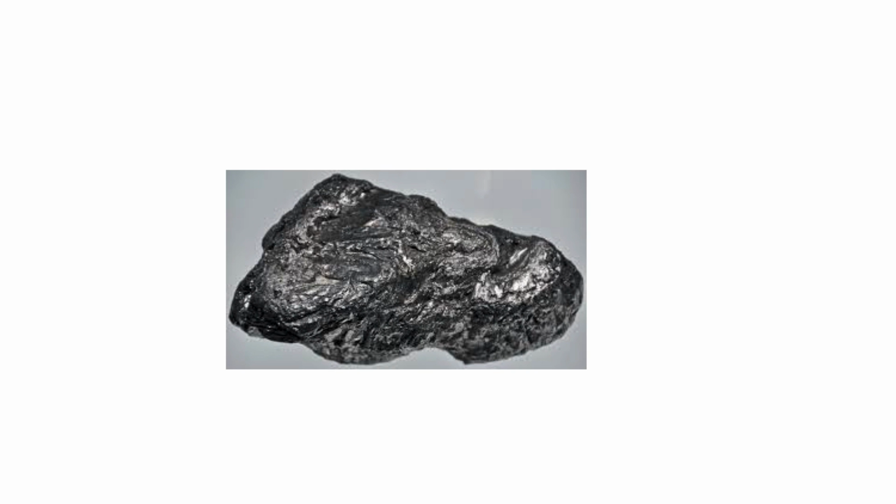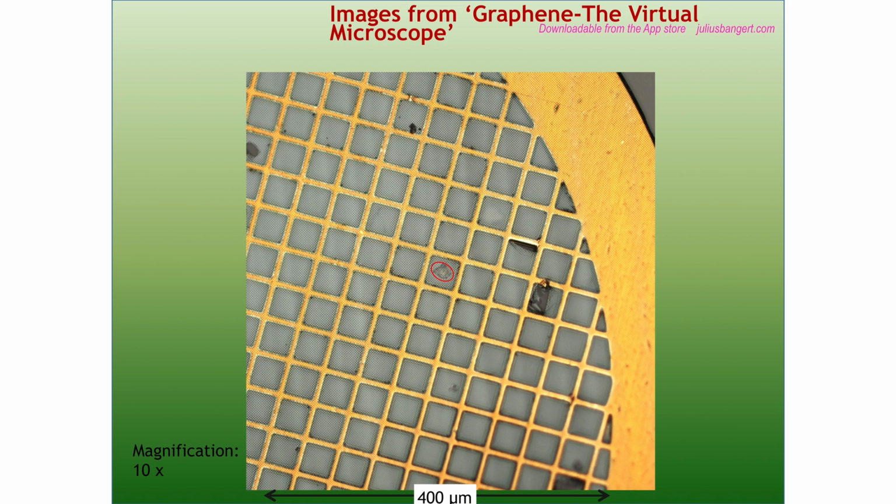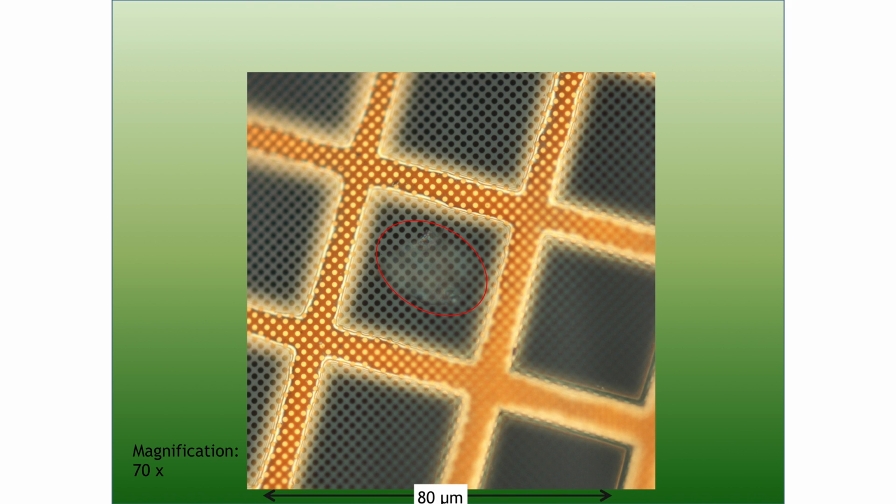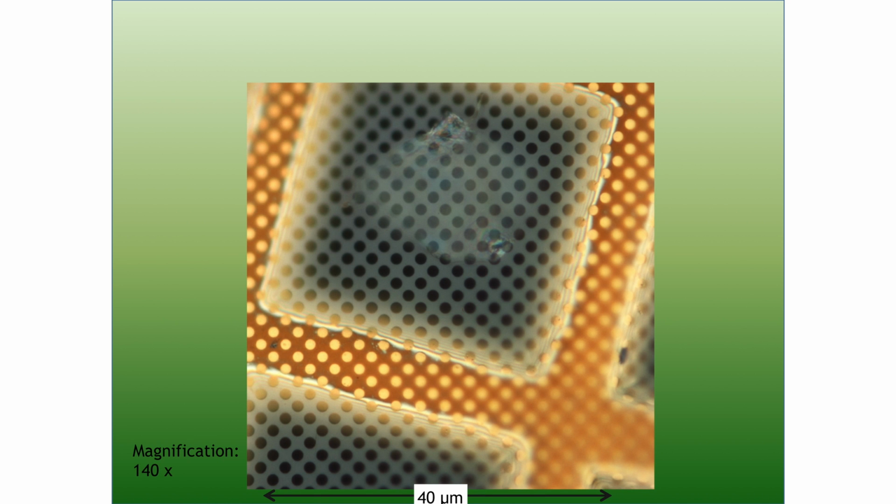So from the graphite pencil tip we take a bit and we look at it in the microscope, then we look a bit at a smaller region, enlarge it. So we take a little flake of that small region and put it on a so-called TEM grid, because that's what we need to put into the microscope to be able to look through. So there you see the flake. It's transparent, and enlarging it a bit more,